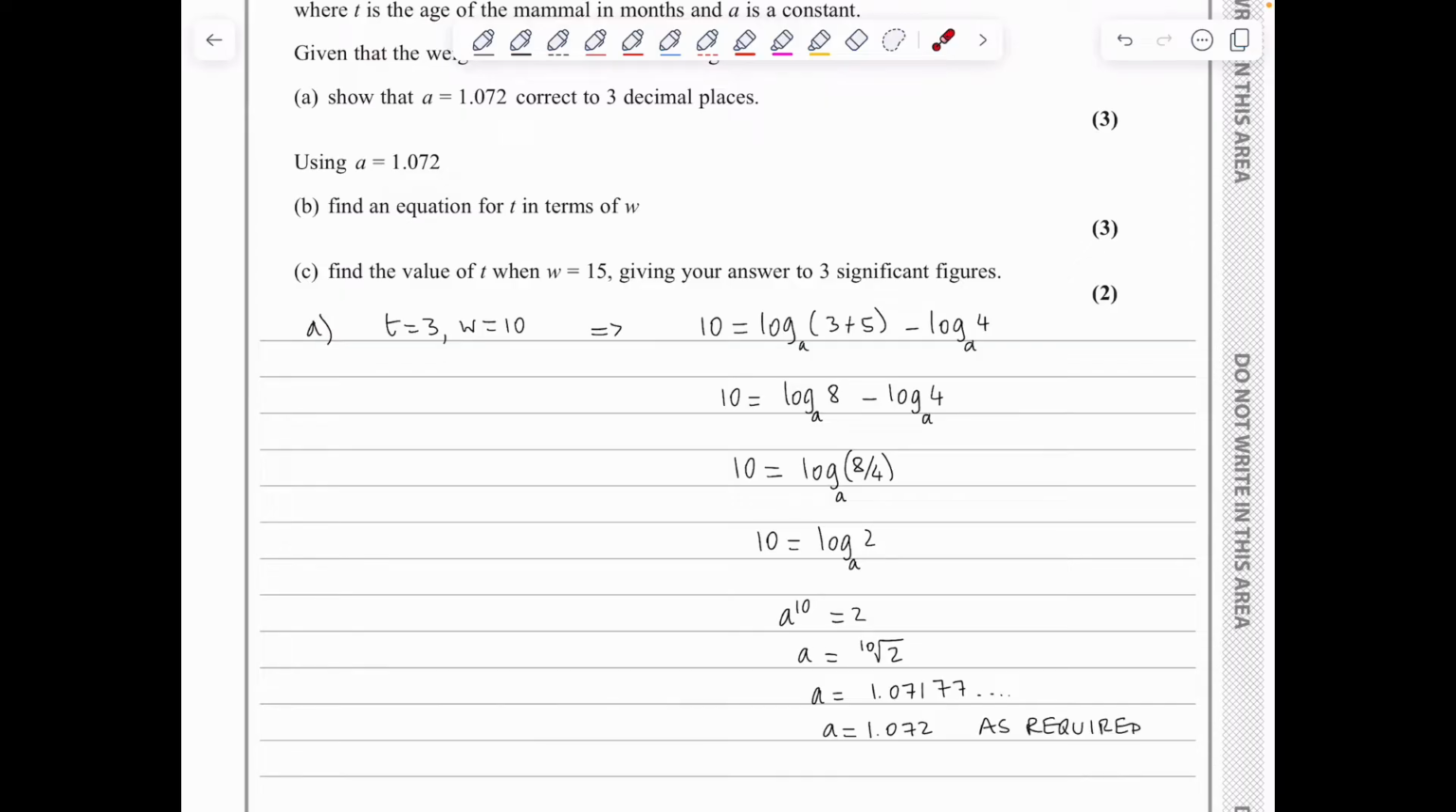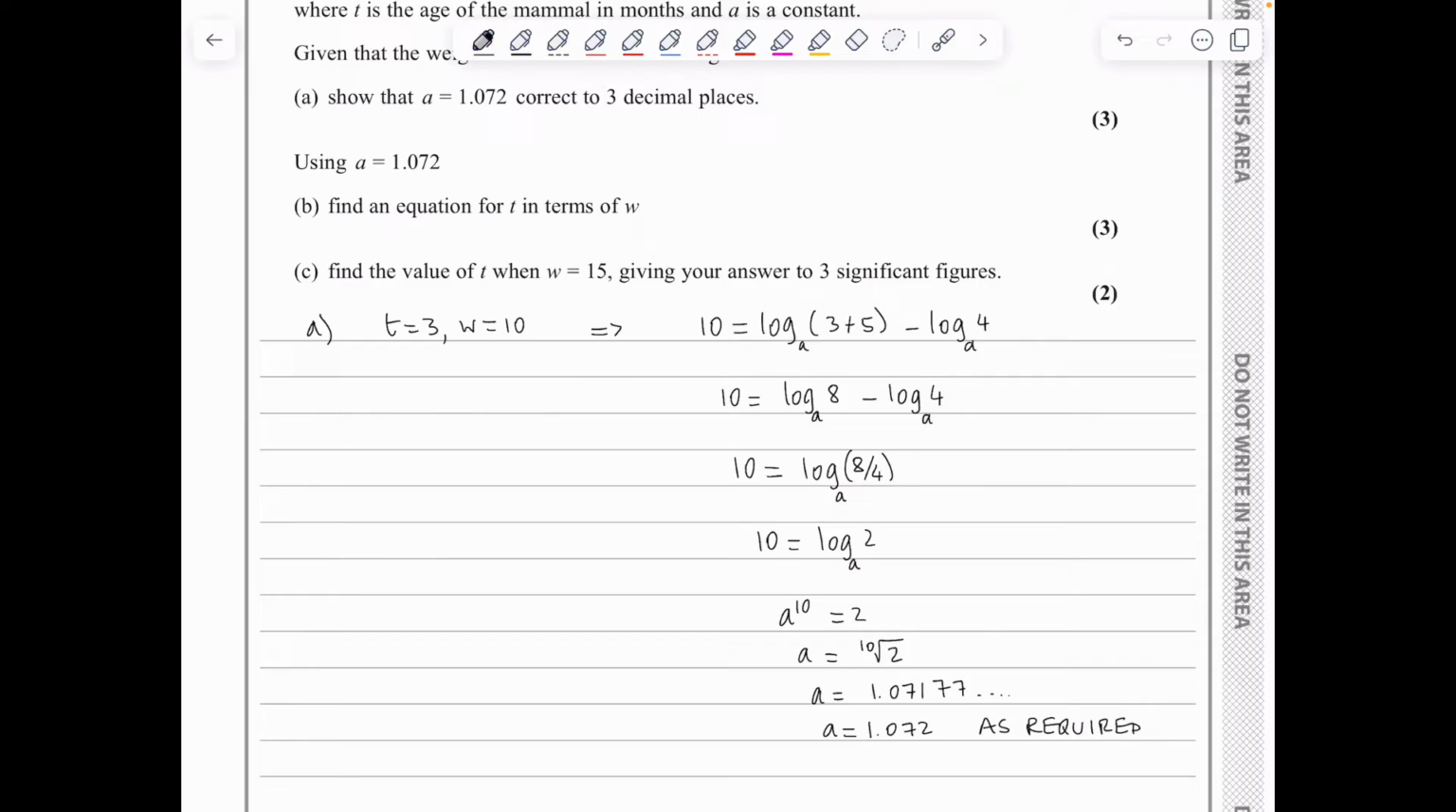Now in these questions that say show that, for example, this case A is 1.072 correct to 3 dps, you need to show an intermediate working which matches a greater accuracy than the final answer, so that you show the rounding to 1.072 in order to match exactly the answer provided in the question. We are then told to use A is 1.072, so do not use the exact value here. We're going to go with the rounded to 3 dps answer to find an equation for T in terms of